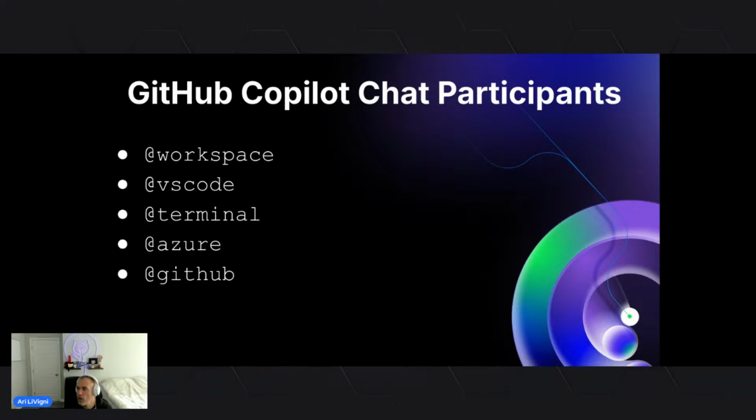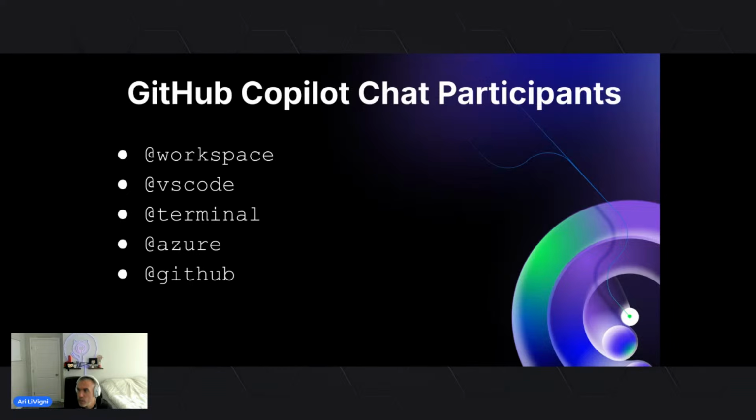Copilot Chat can infer relevant chat participants based on your natural language prompt, which we can do with this @workspace or @vscode. Or if you want to do something in a terminal, @azure or even @github, these are built-in chat participants. I will talk later about extensions, which is really using third-party ways of doing this, like Docker or Sentry. You can even create your own. You have the ability to build your own extension, and we'll get into that later on in this workshop. But essentially,